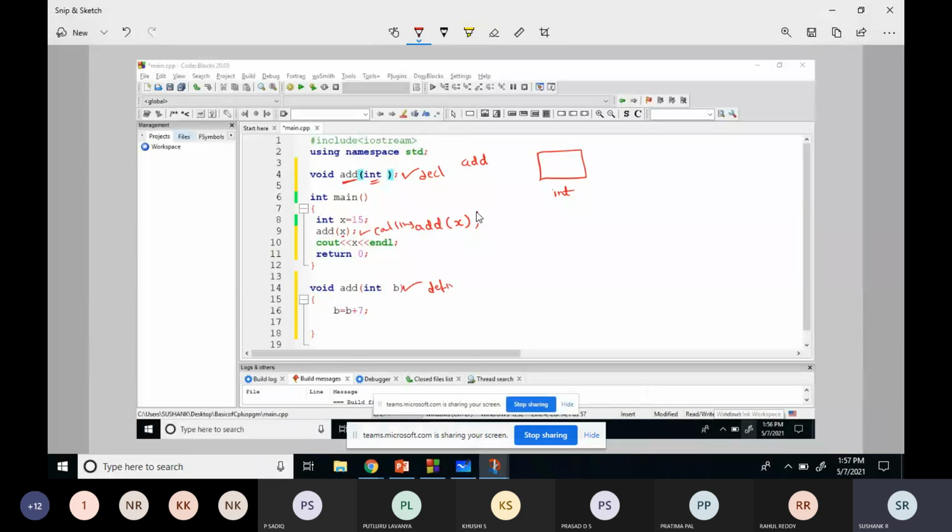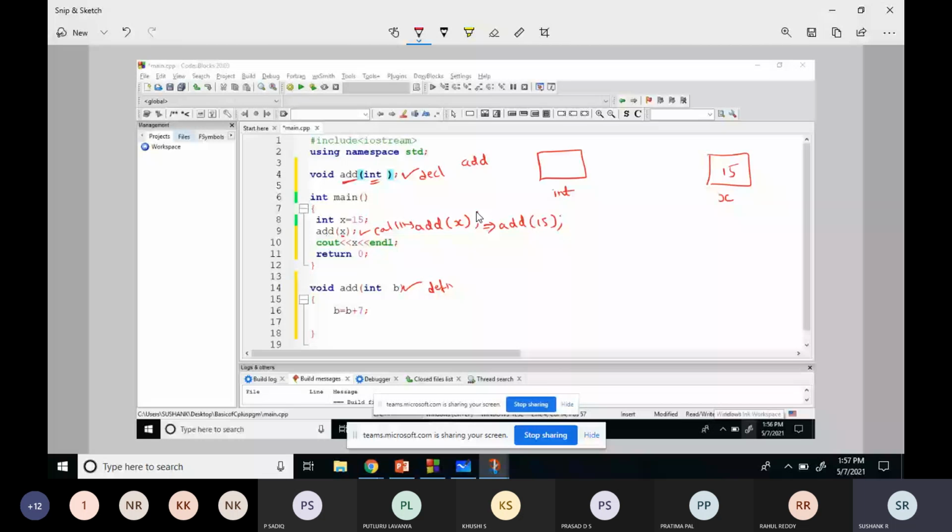So the program will start with main function. The value of x is 15. So if I write add of x, that is like add of 15. For a variable called x, some value would already have been created. So variable x contains the value 15.